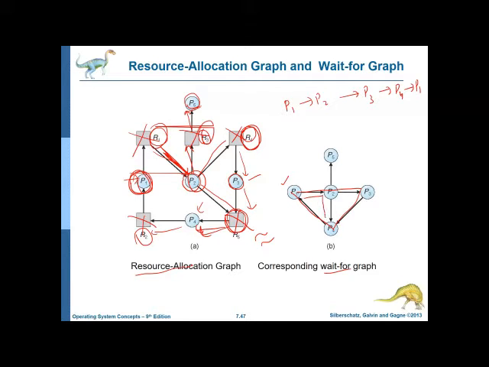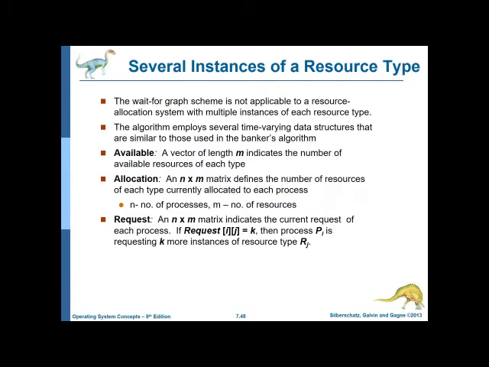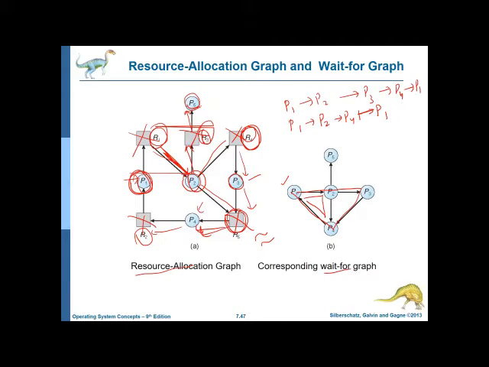Let us look at another cycle. P1 to P2, P2 to P4, P4 to P1. So it becomes like this: P1, P2, P4, and P1. So these are some of the cycles. If there exist one or more cycles, you can say this particular situation of the processes is in a deadlock state. Okay, so I hope this much is understood. Now, this was the case of single instances. If you have only a single instance, we can easily detect a deadlock by just visually looking at this graph. And in this graph, because there's a cycle, there's a deadlock. That is the solution to it.